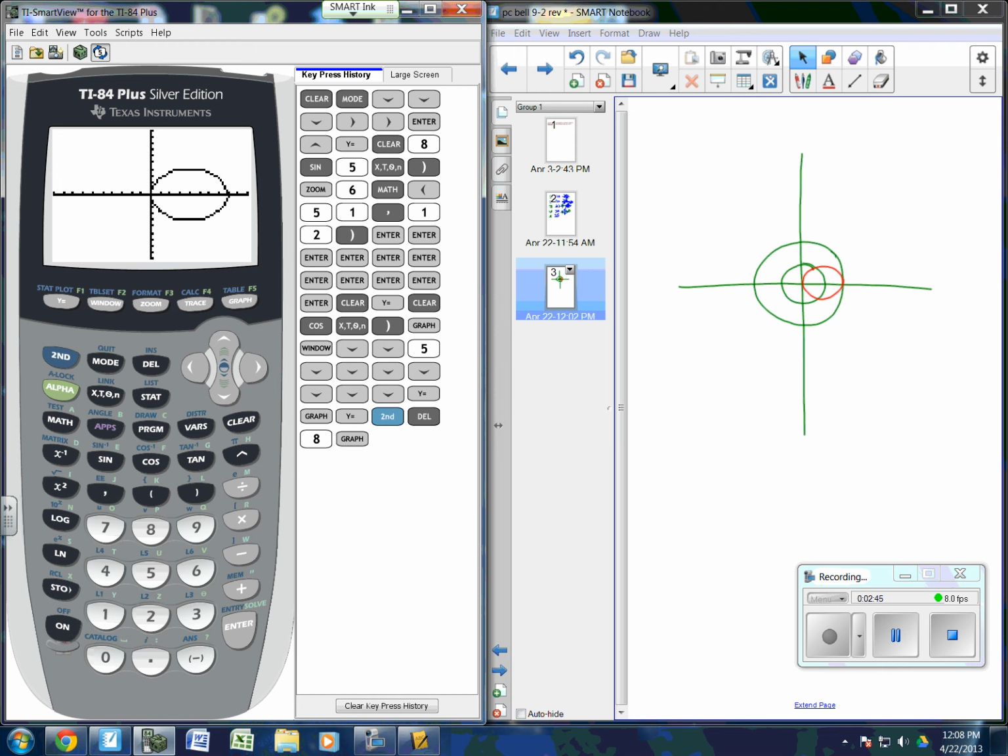Okay, let me explain this, because I always get asked this question. Because you say, well, it's supposed to be... Are you guys listening? You all ready? Listen. The reason it doesn't look like a circle is because this calculator screen is rectangular. So it stretches out to the left and right further than it goes up and down, right? So it kind of distorts the circle. Okay, but it really is a circle. If we made a square screen,